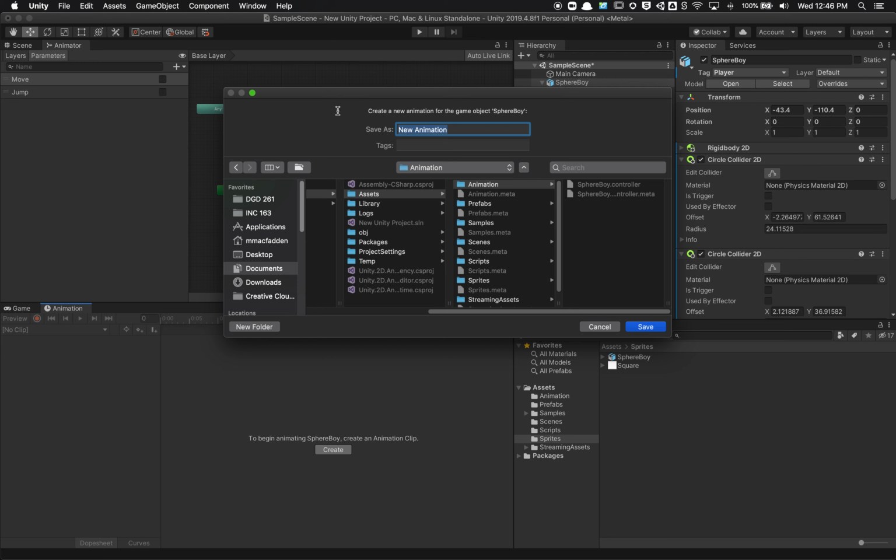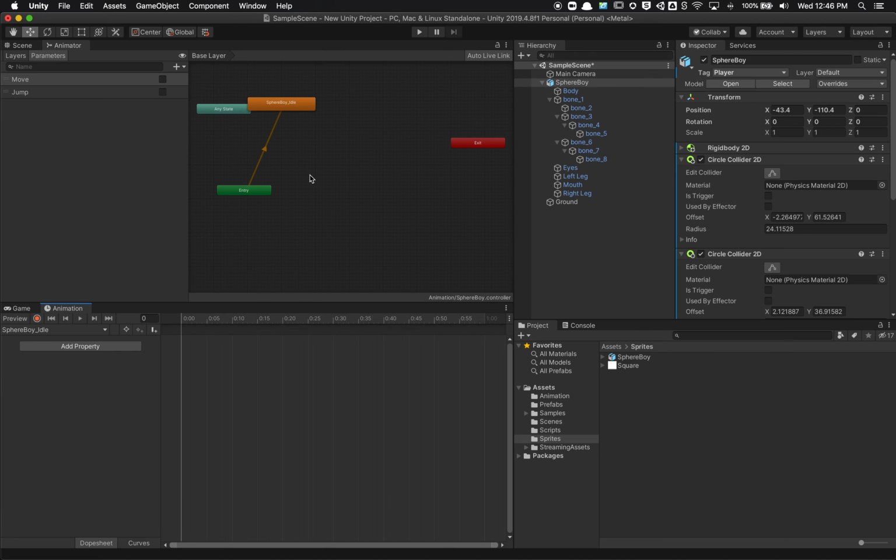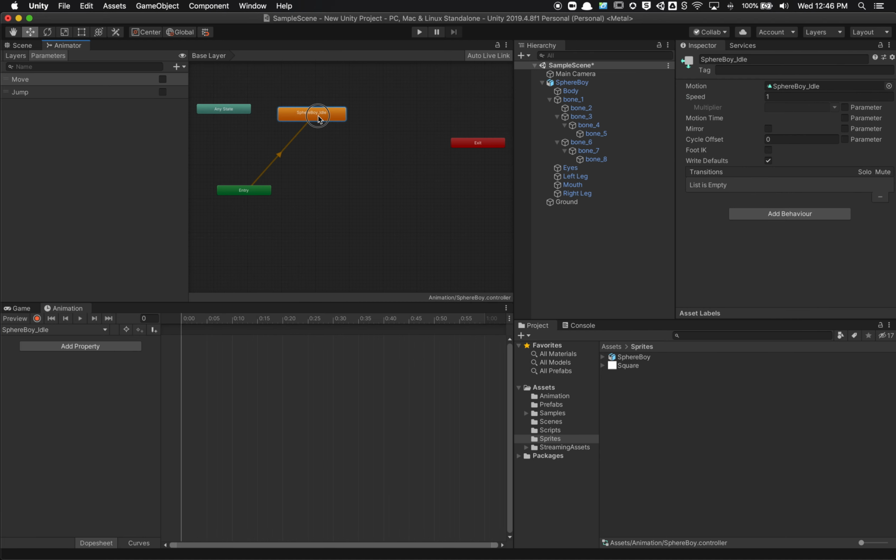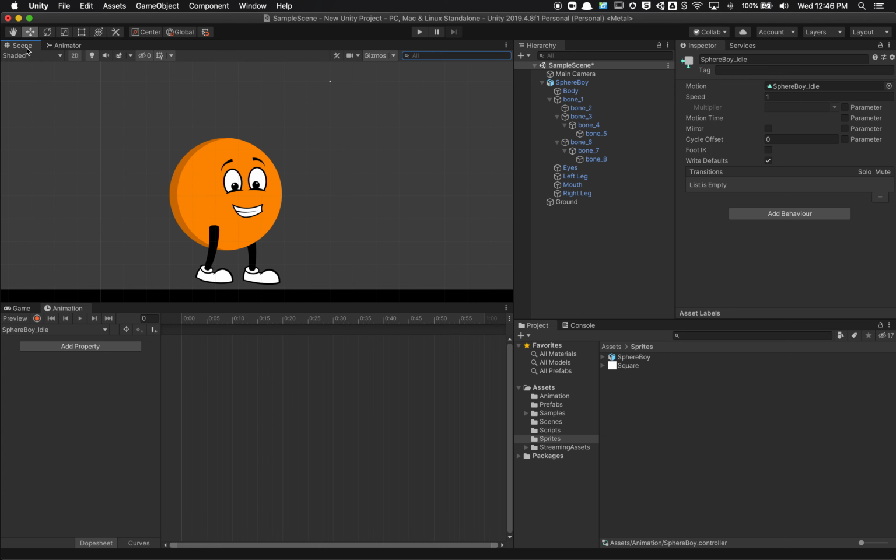I'm going to call this the name of the character, Sphere Boy, and then idle. All right, I'll hit Save like so. So now you can see that my entry point is going to take me to this first animation right here. And if I go to Scenes right here, what I have the ability to do is to